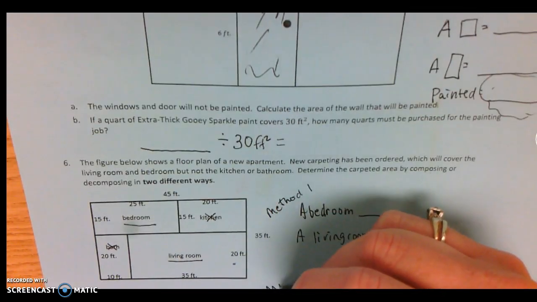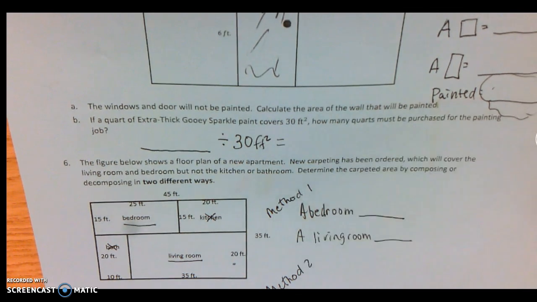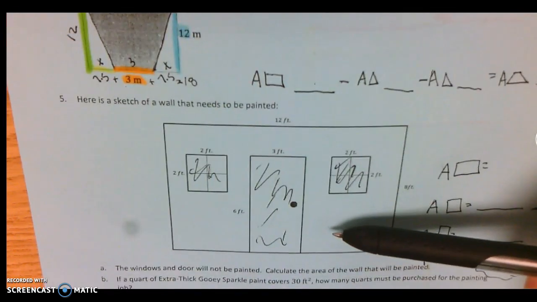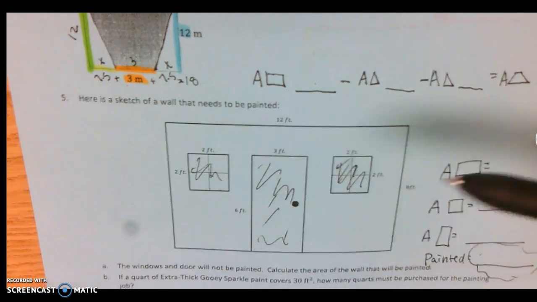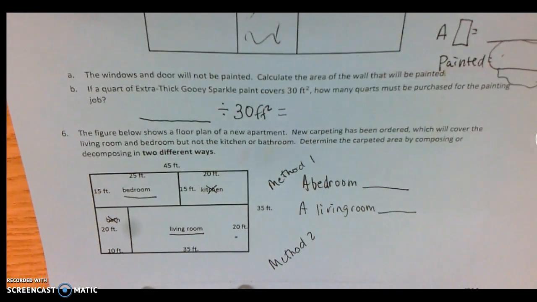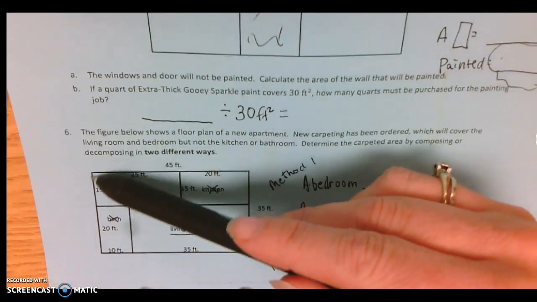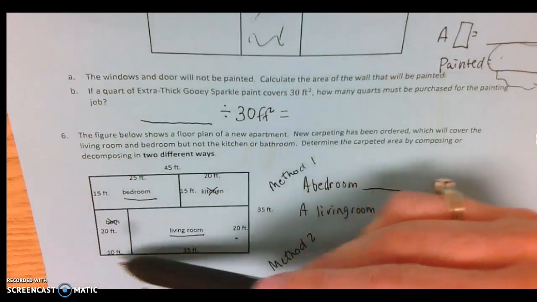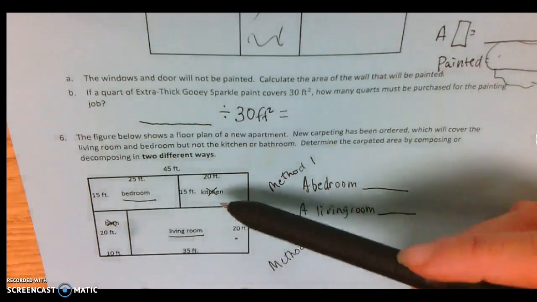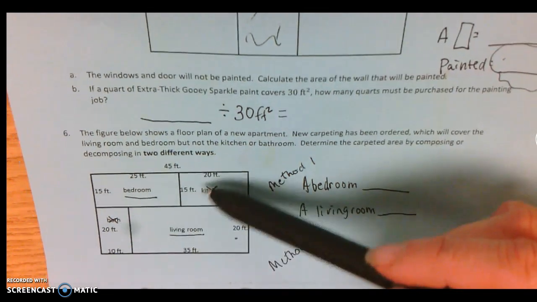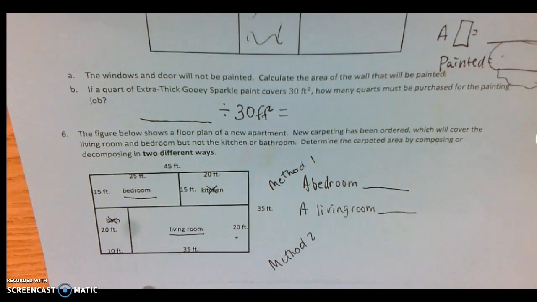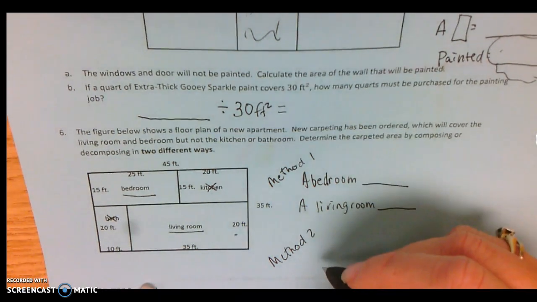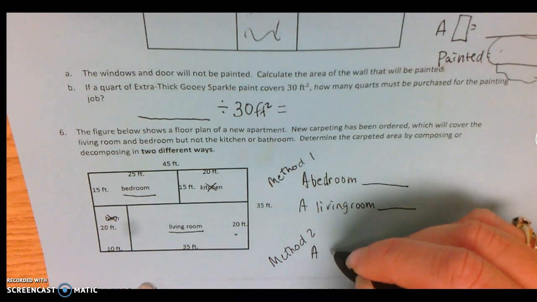For method 2, what else could we do here? Well, I remember up here in this one, we found an area and then subtracted things out from it. So I wonder if I could do that down here. Could I find the area of the entire floor plan of the apartment and then subtract out the pieces that I don't need, would that leave me with just the area that I do need? So that's an option for a method 2, is find the area of the whole apartment,